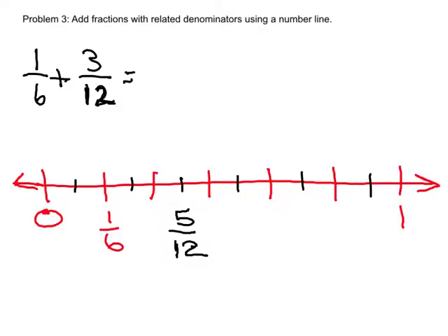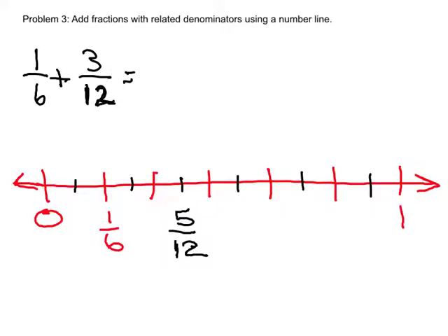Alright, boys and girls, I want you to take a look. In this problem, we're going to be using a number line to solve this addition problem where we have related denominators. We have a denominator of 6 and we have a denominator of 12, and they are related. We know that we can get this 6 into a 12. So if we look at our number line right now, I know that 1/6 is less than a half, and I know that